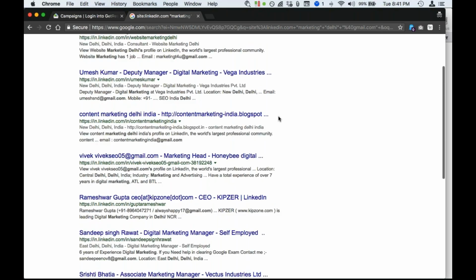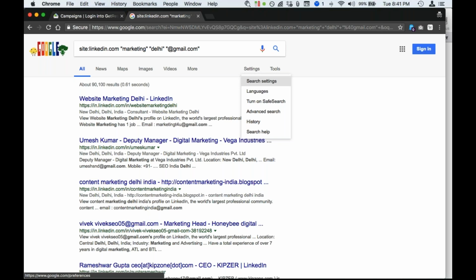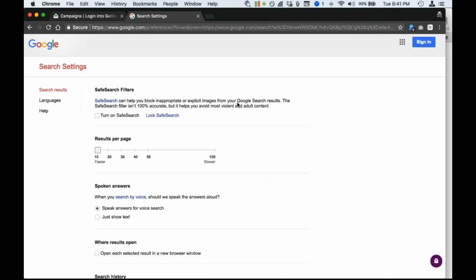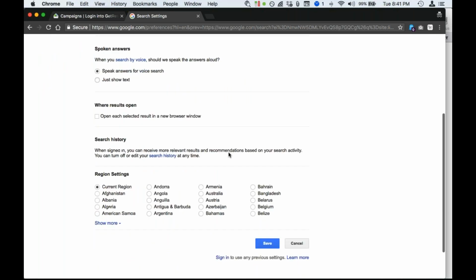So, what you can do is instead of just the 10 results on the first page, you can slightly modify the search settings on the result page per page, right? How many results are to be displayed? Let's see what's the maximum by clicking on the settings here. Search setting, and you scroll down and it says, hey, you're being placed on 10 results per page, and the maximum that you can go to is about 100. Well, I think I would prefer that, so I move the slider from 10 to 100, and then I scroll down and click the button save,